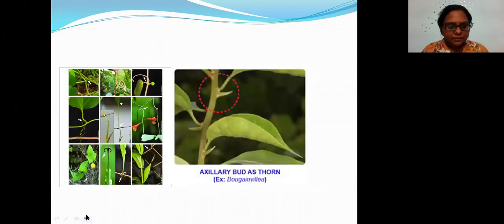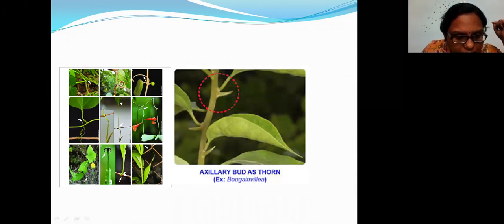1 minute, I'll give you time. So this picture, can you see? Can you see here? It is coming out from the buds. From the bud, one leaf has come and it is coming out from there. Can you see how they are getting adhered and getting coiled? See here, it is coming from different regions, and see all the shapes of these tendrils. We'll learn about the different shapes also.